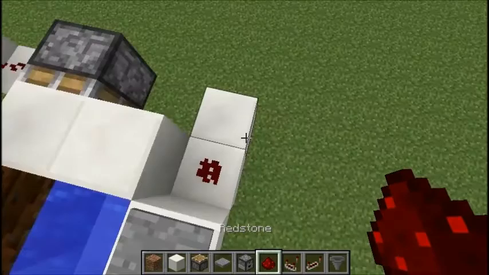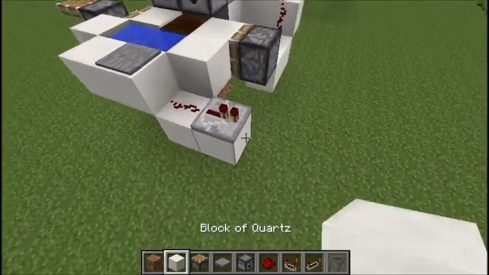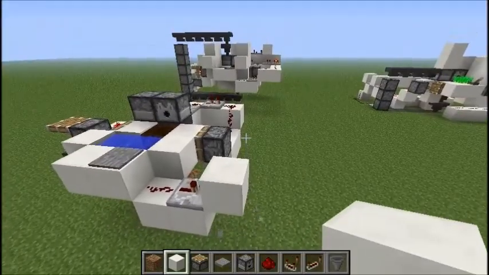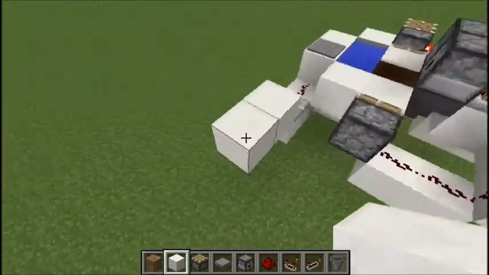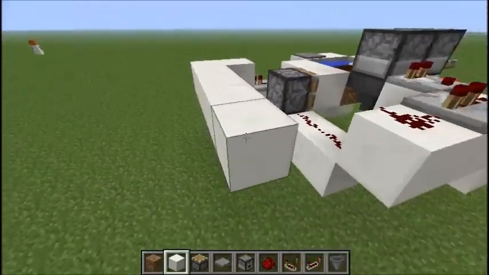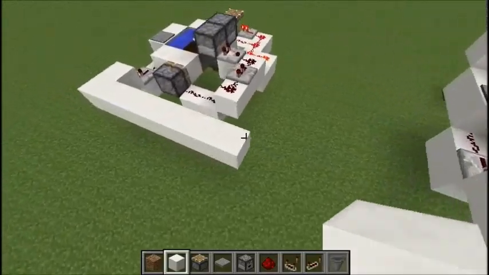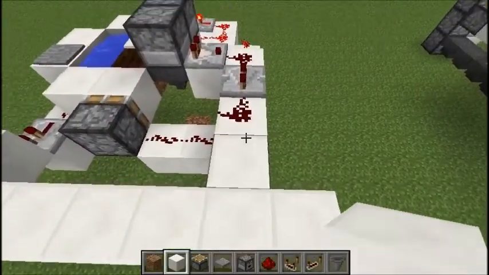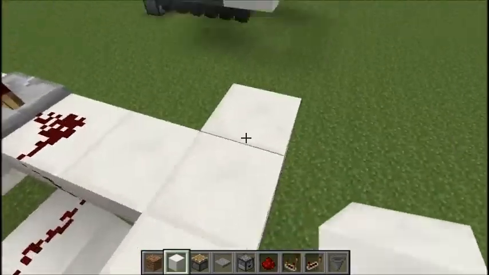A piece of redstone dust and a redstone repeater to lengthen out the signal, because it's a comparator clock. It does need a high signal. Then you just go a few blocks behind here until here. You have to place a block there. Then here you go 1 block up